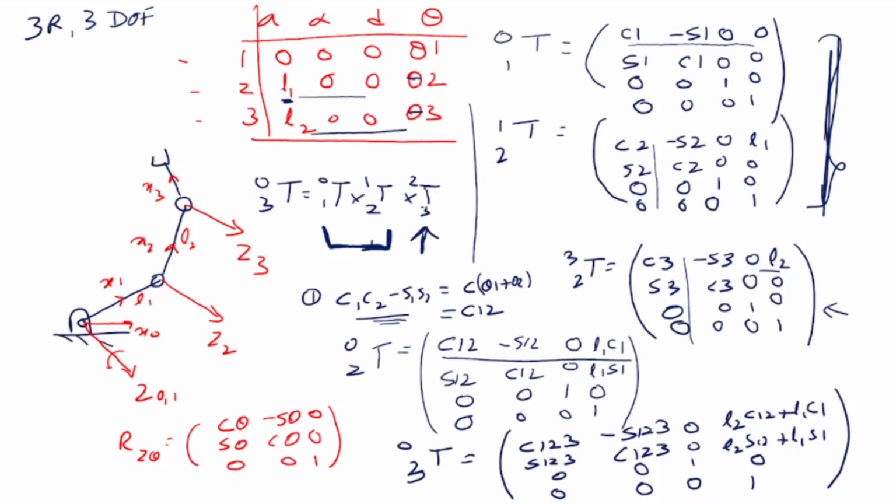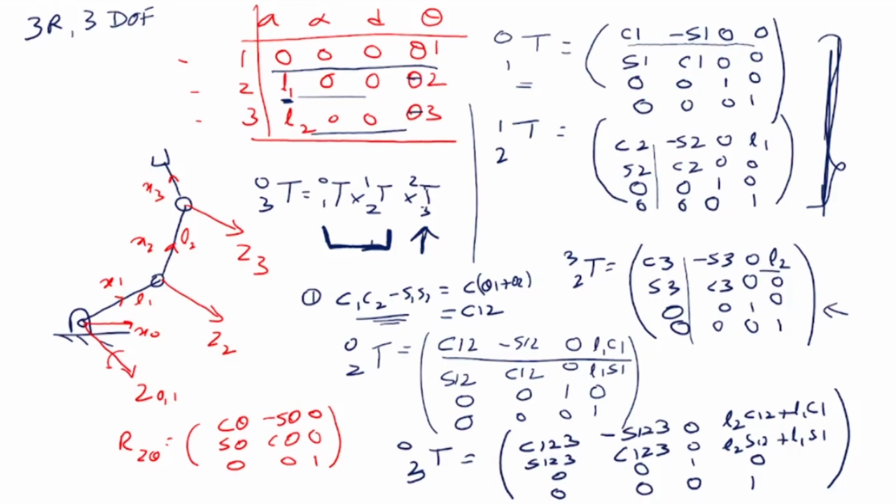It will take each row of this, put it in the generalized matrix, get the corresponding transformation matrix, and after it gets all the transformation matrices, it will multiply them all out and get the relation between the last frame and the zero frame. You can imagine that this is for a 3 degree of freedom system, but a real robot will have about 6 degrees of freedom, or could be even more, 7, 8, 9, 10 degrees of freedom.